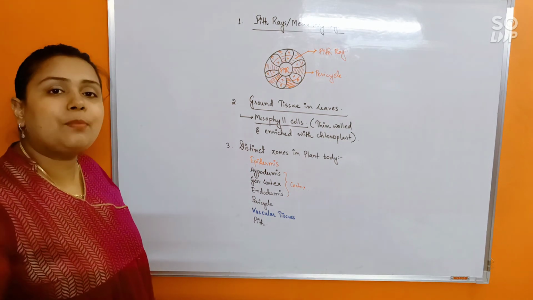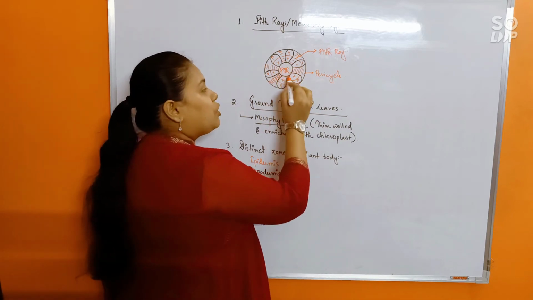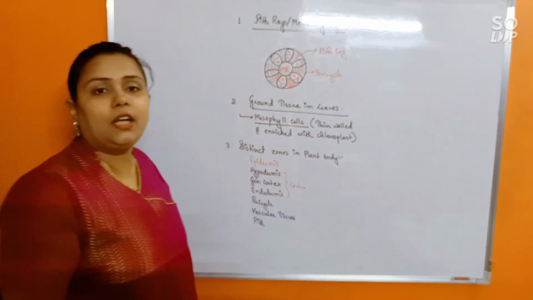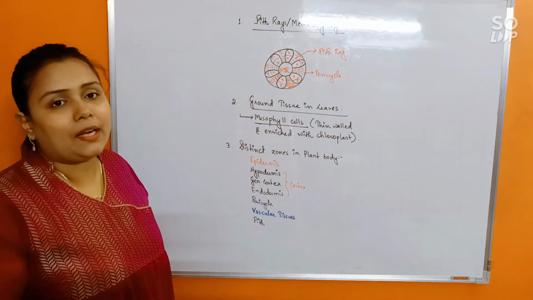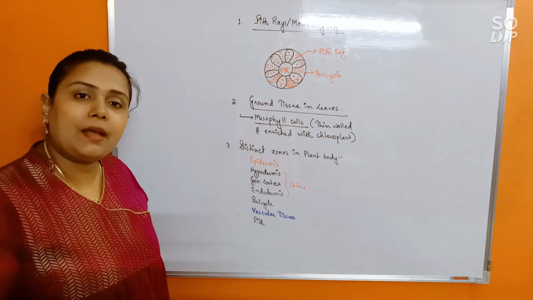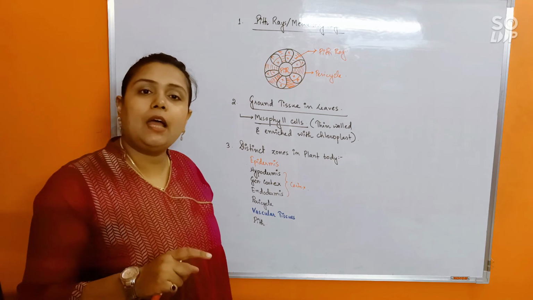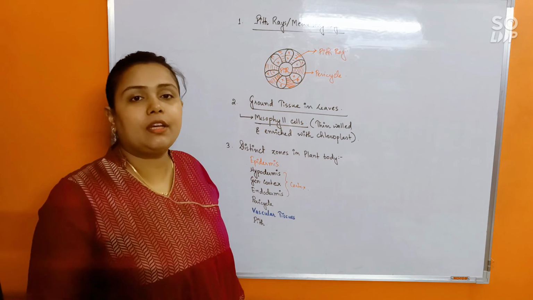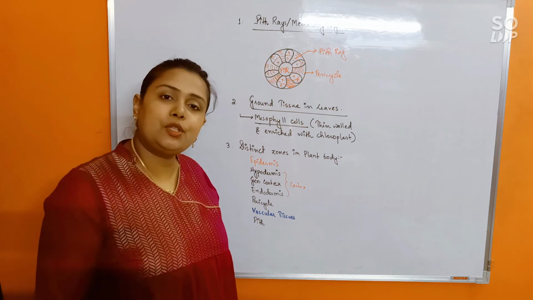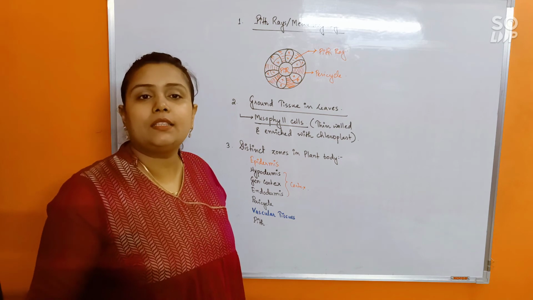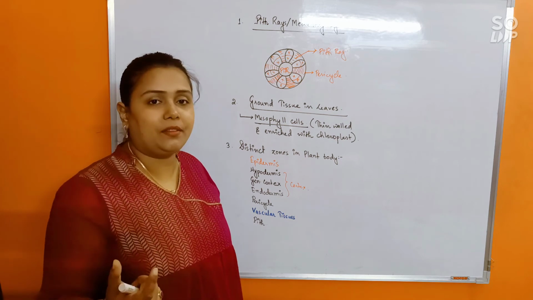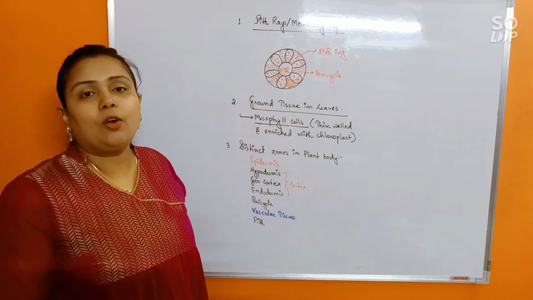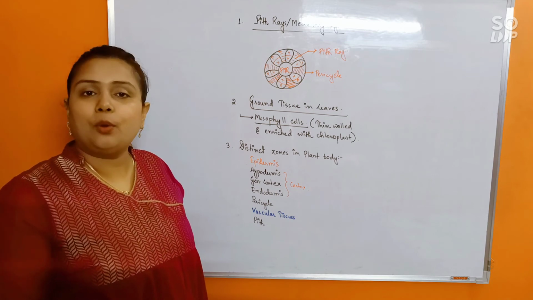And what are the types of cells present? Whatever type of cells are present in the pith, the same types of cells are also found in the pith rays. So if the pith is made up of only parenchyma, the pith rays will also possess only parenchyma. If the pith is made up of parenchyma with a slight mixture of sclerenchyma, then parenchyma and sclerenchyma would be found in pith rays as well. Understood? So pith rays are nothing but thin extensions of the pith which lie between two adjacent vascular bundles. So they are called pith rays or medullary rays. I hope it is clear now.